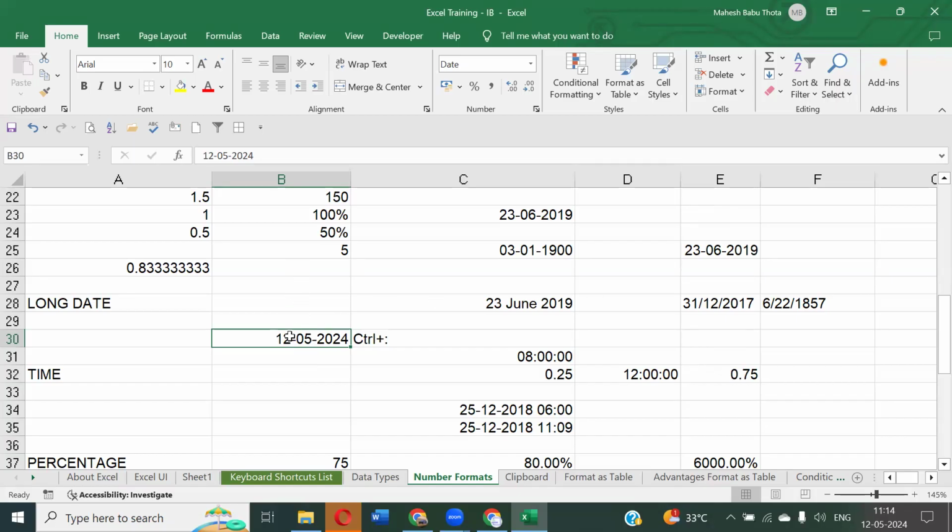Again, if you want to move this alignment towards left or right, you can move. You can change it to left alignment, center alignment, right alignment, as you want. But by default, it always comes right-side alignment. Okay. Then